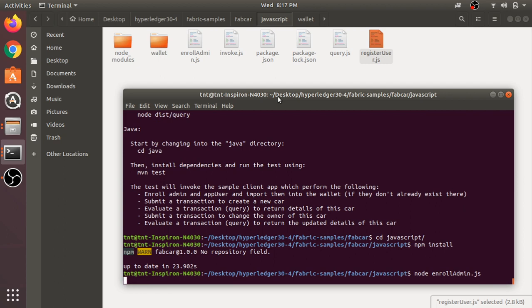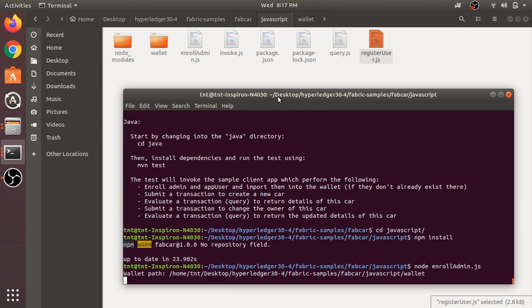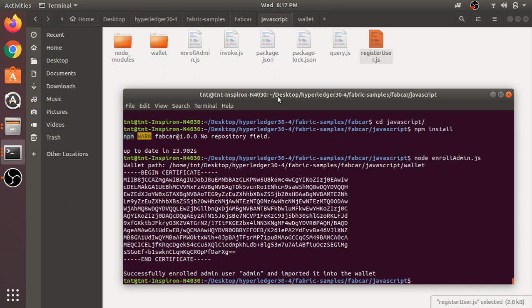If it is already present, it will show the information that the admin ID is already used in the terminal. Since the file was deleted from the wallet, it is created and shows the certificate. This is the certificate allocated for the admin. You can print this in enrollAdmin.js using the code in enrollAdmin.js.